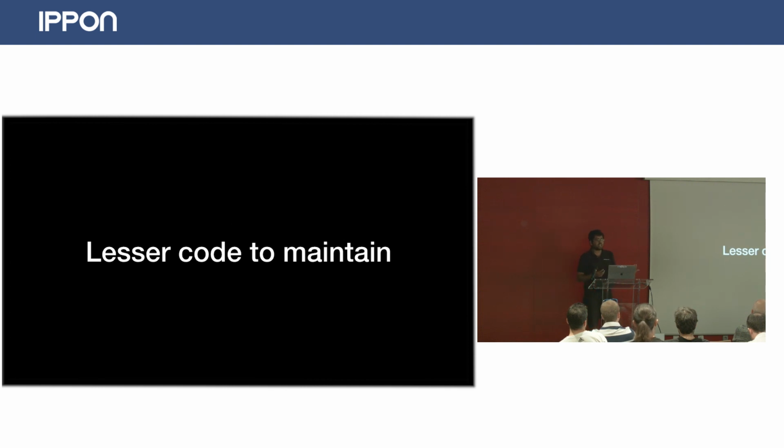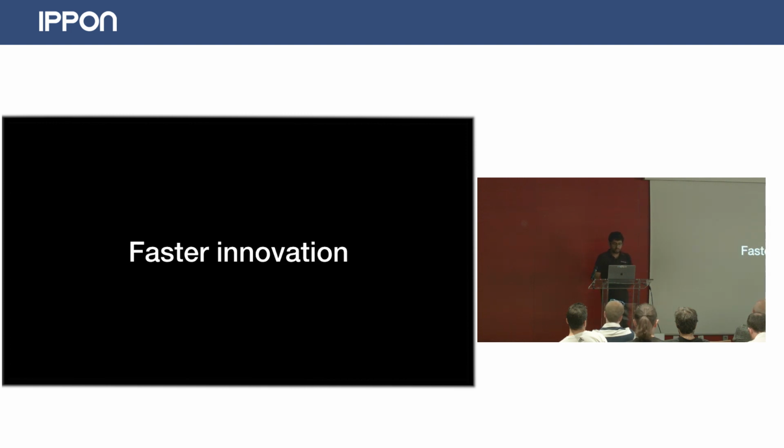What we can achieve with that is much less code to maintain. You just have fewer lines of code, which is custom code for you, and you can maintain that very easily. If you put that into open source and create a blueprint out of that, it really makes it simple, and JHipster supports those applications for you. It also leads to faster innovation. We were able to build the Vue.js blueprint much quicker. We were able to build the Kotlin blueprint much quicker, and things like that. It helps you innovate much faster, and you can add a lot of new technologies.